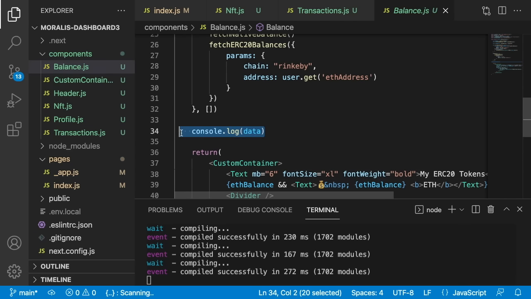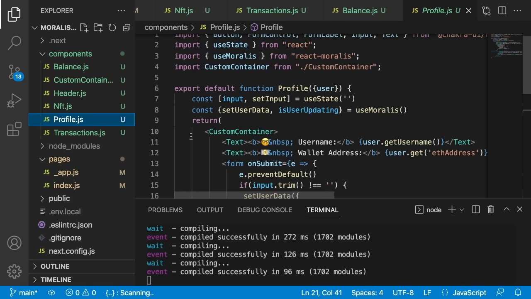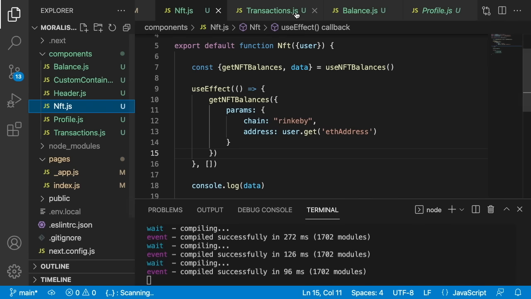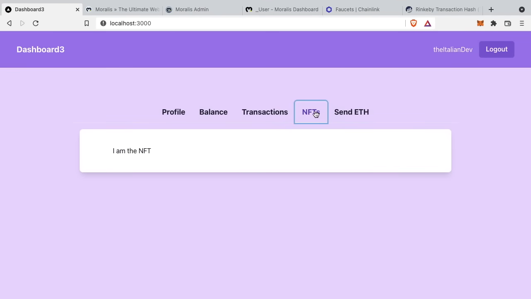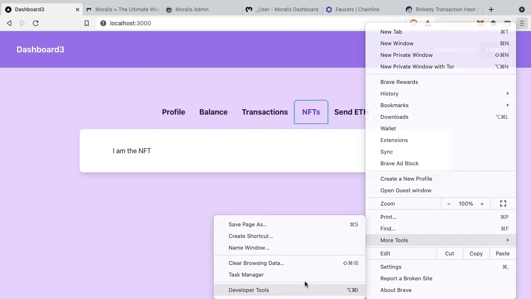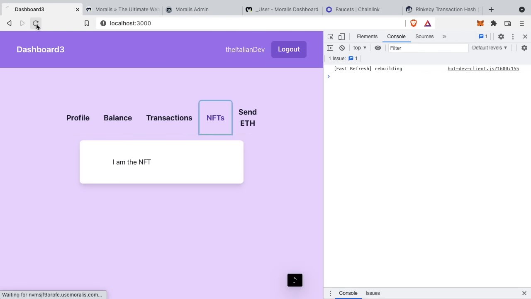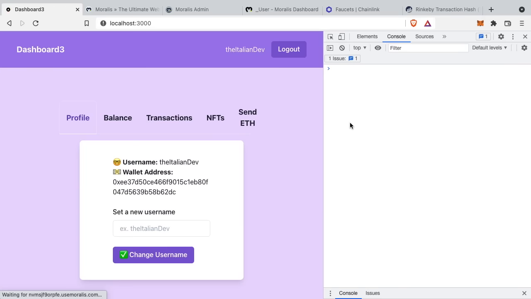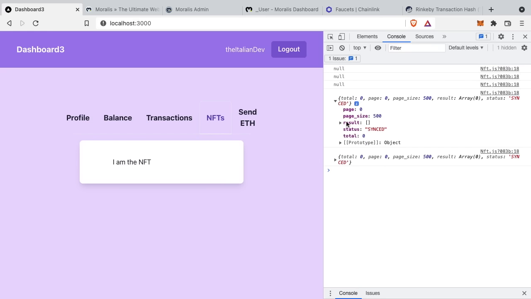Balances also, I have it. Perfect. And I don't know if in profile we have also a console log. No. So let's open back, and before that let's close all these tabs that we don't need, save, and go back to the browser. Open as always the developer tools, clean a bit and refresh. And as you can see here, we have